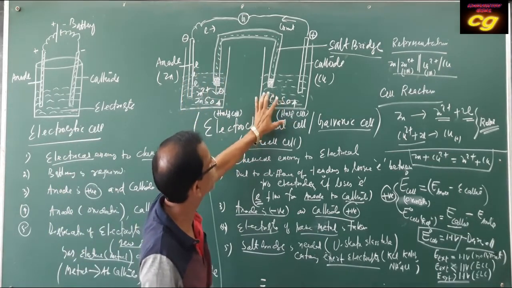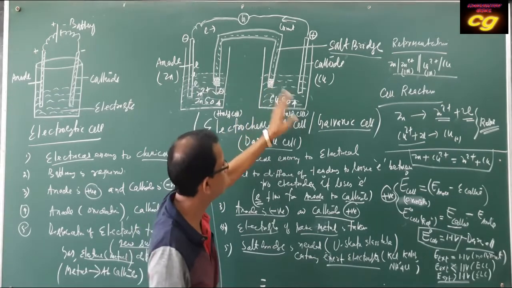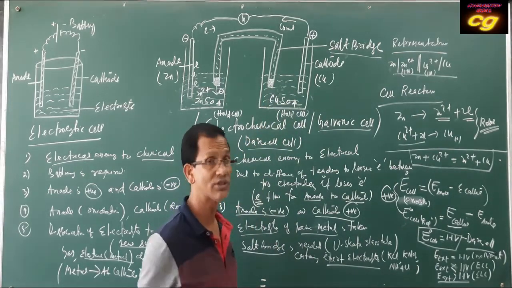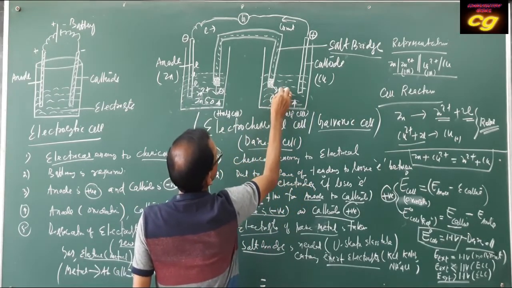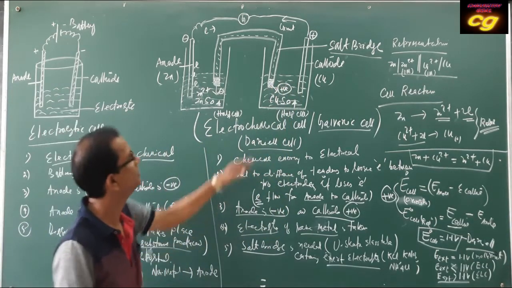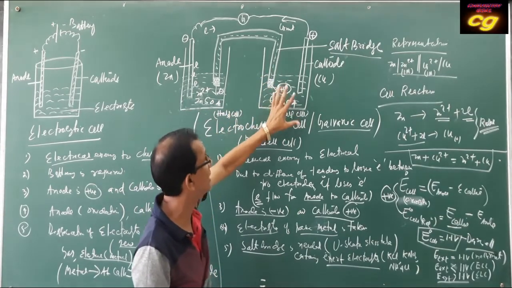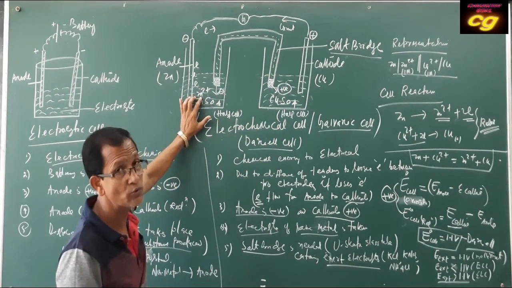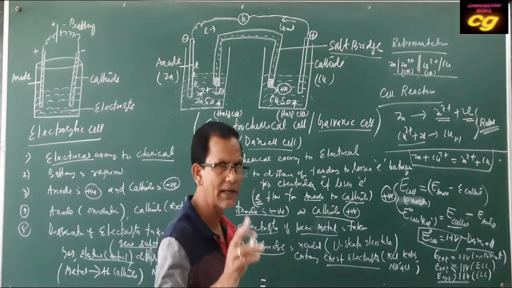Similarly, when the copper 2+ ion decreases in this half cell due to reduction, to adjust the charge, the salt bridge supplies positive ions towards the electrolytic solution, so that the positive charge will not decrease. Here the increase of Zn2+ will be minimized by negative ions. That's why it maintains electrical neutrality.